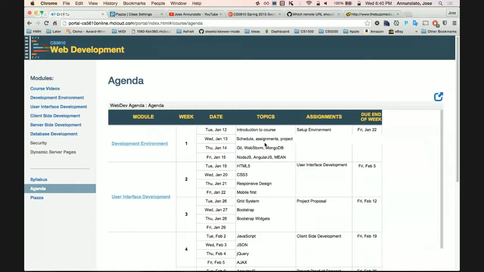Following these are the next topics that we're going to be working on in the various weeks ahead. Next week, in the second week, we're going to be talking about HTML. Hopefully you're already familiar with HTML and have worked on some websites perhaps.